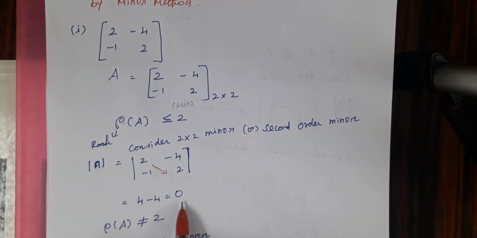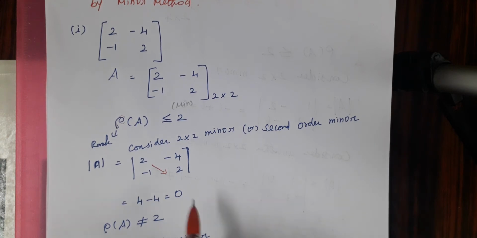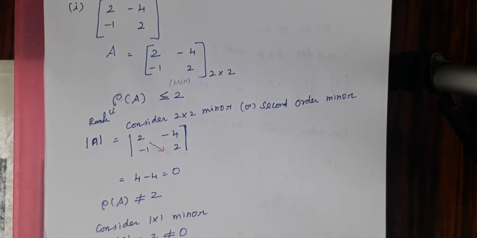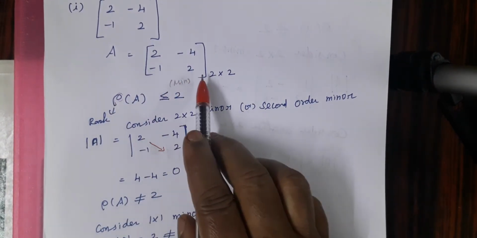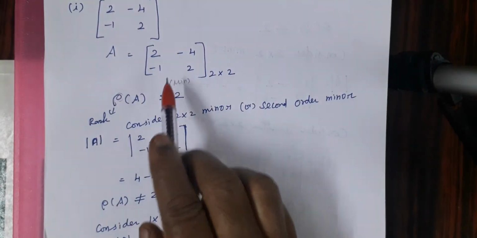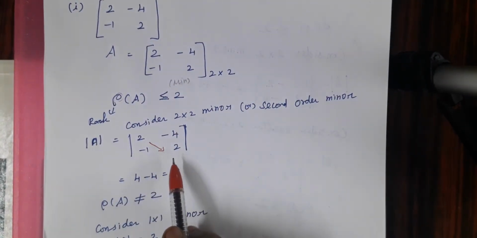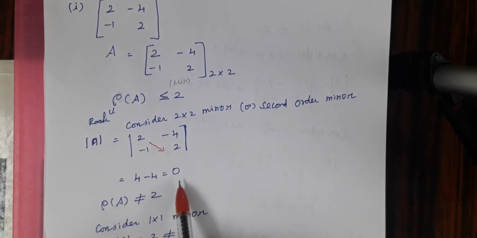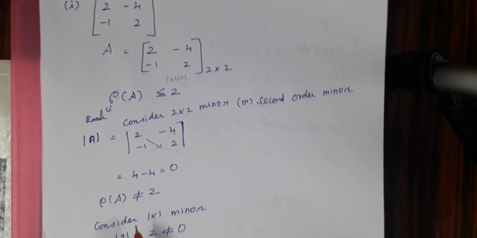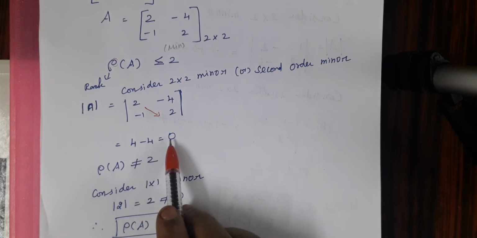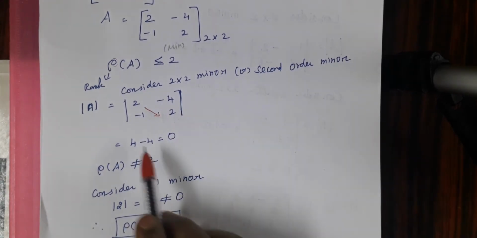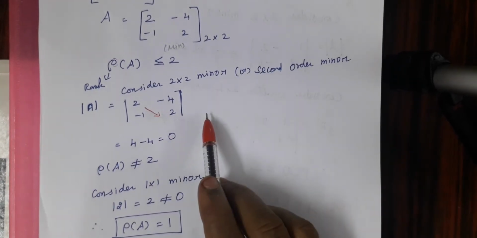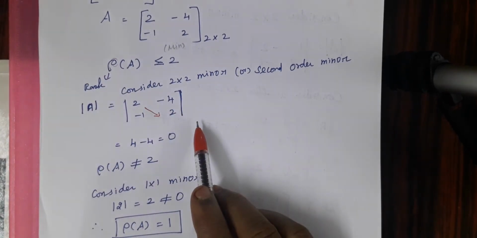If the determinant value is 0, it means the rank is not equal to 2. So consider another determinant. If you want to find the rank of a matrix, take the square matrix of 2 by 2 order or 3 by 3 order. Here the question itself gives a 2 by 2 matrix, so we first find the determinant for the 2 by 2 minor. If the determinant value is 0, the rank is not equal to 2. If instead of 0 some constant number came, the rank would be 2. But the determinant value is 0, so we are unable to find the rank from the 2 by 2 minor.